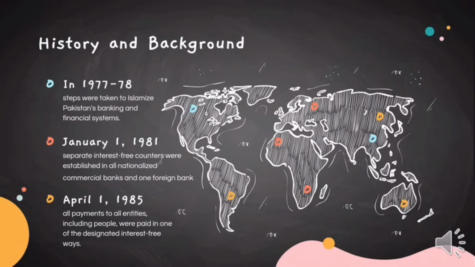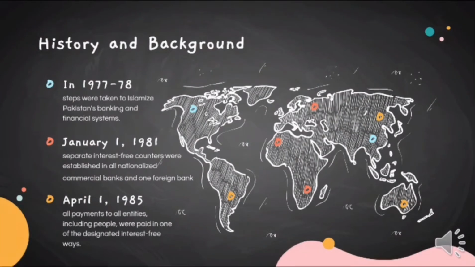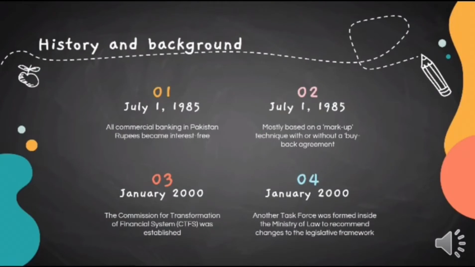On January 1, 1981, separate interest-free counters were established in all commercial banks in Pakistan and also one foreign bank, which is Bank of Oman. Beginning on April 1, 1985, all payments to entities, including people, were paid in one designated interest-free way. All commercial banks in Pakistan became interest-free on 1 July 1985. On the same date, the process used by Pakistan was mostly based on a markup with or without a buyback